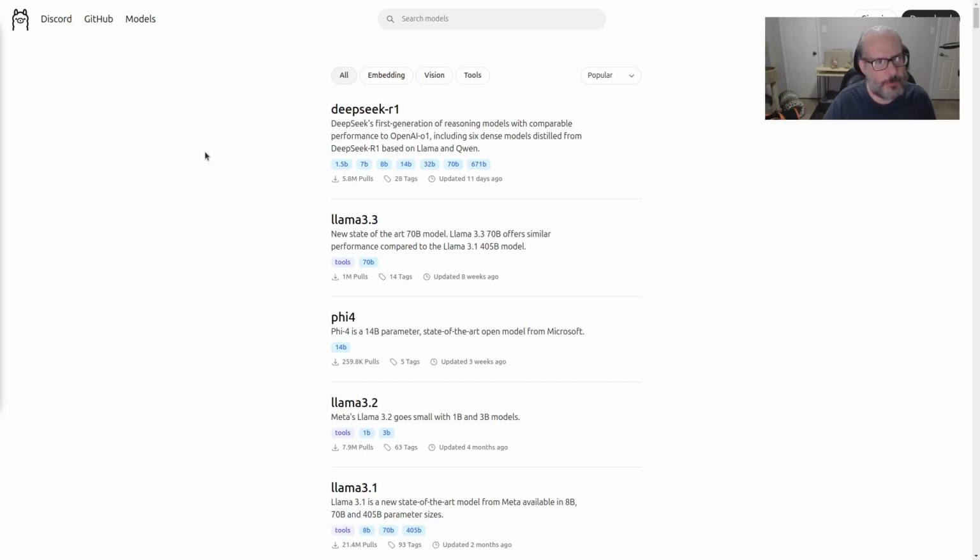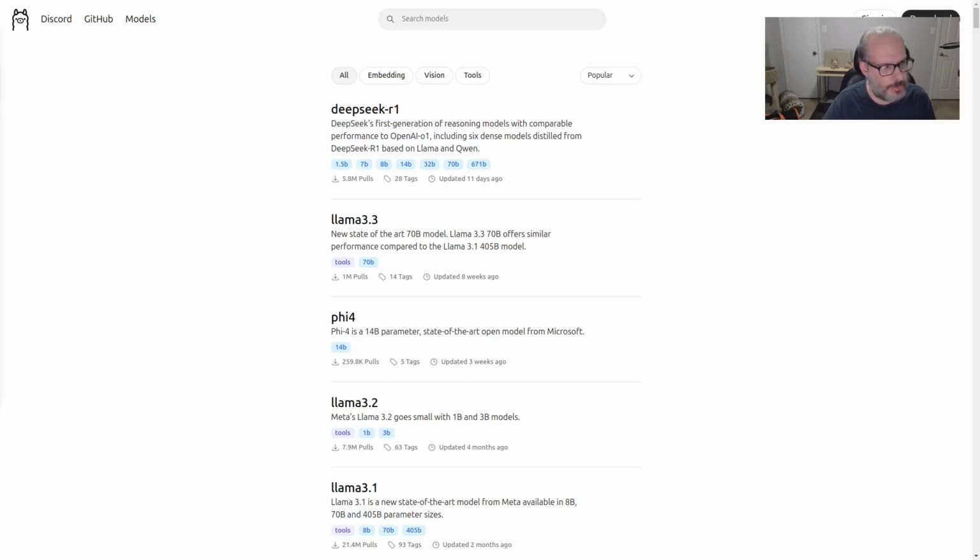Llama stands for Omni-Layer Learning Language Acquisition Model, and as I mentioned earlier, all of these are open source models. And one of the distinguishing features of Llama is its ability to run your LLMs or your large language models locally, and we're going to use a front end called Open Web UI with Llama as the back end to